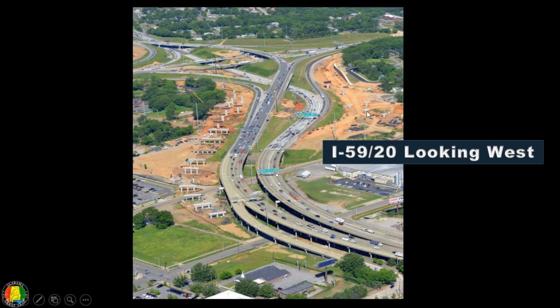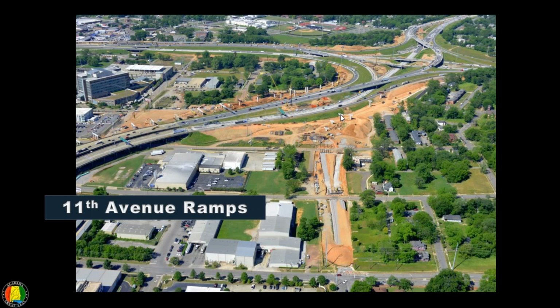You also can see all the work that's ongoing along 11th Avenue somewhat in that area, and how those ramps will tie again over the interstate and tie to 65 southbound. This is a look from 11th Avenue. If you're coming up 11th Avenue in the future, you'll get on these ramps that are being constructed that will actually go over